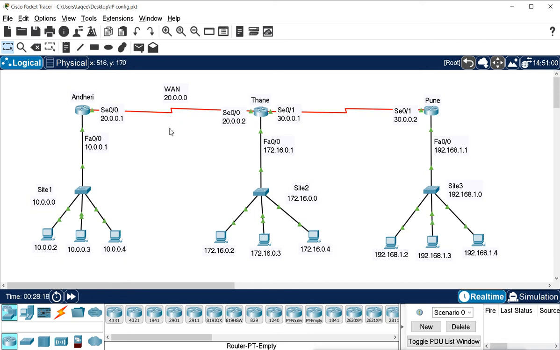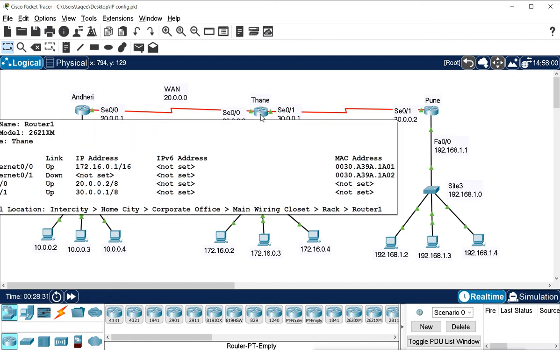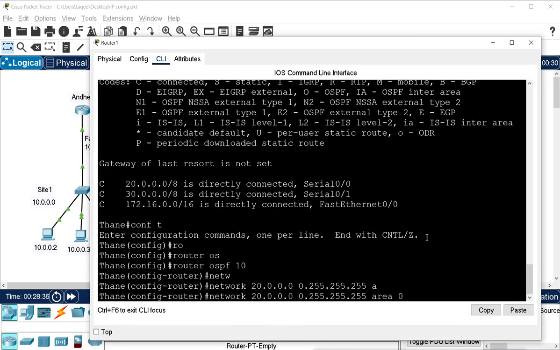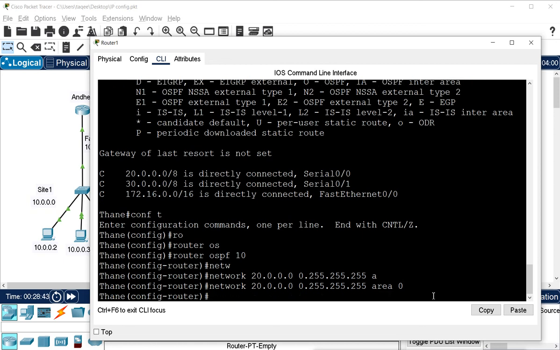These things do not happen in RIP. In OSPF, all the routers know about their neighbors, and they know this because they create the relationship between the neighbors, and it happens when they are in the same network connected directly. So let's see this. When I press enter here, it will take a little time to do the neighborship, but it will do that. We just have to wait for a little time, and it will give a message.